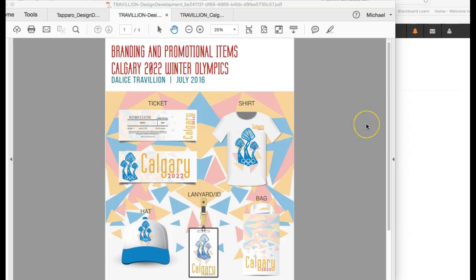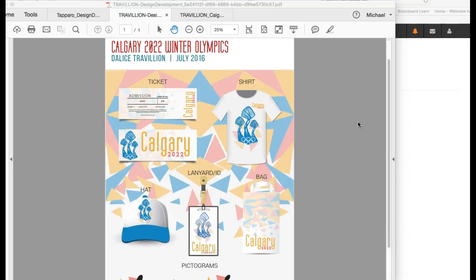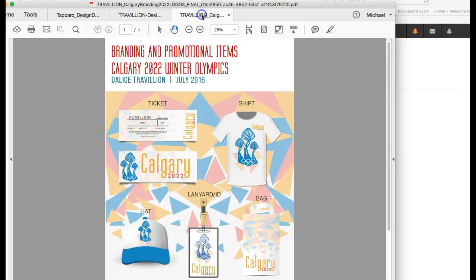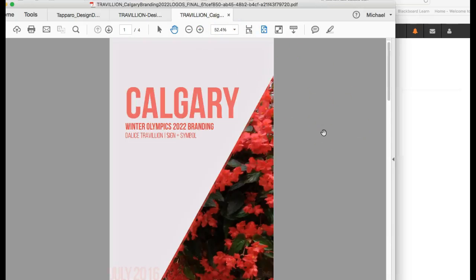Well, let's go back to week four, and this is really where I got the idea behind those comments. If we just take a look visually, and I'm just going to pop to week four, I want you to take a look at the visual difference between this page and your Calgary Winter Olympics branding page. Okay, and this is a week later. So my point is this, okay, here I am, and I'm trying to show you that this relevant progression might be, well, actually, that is